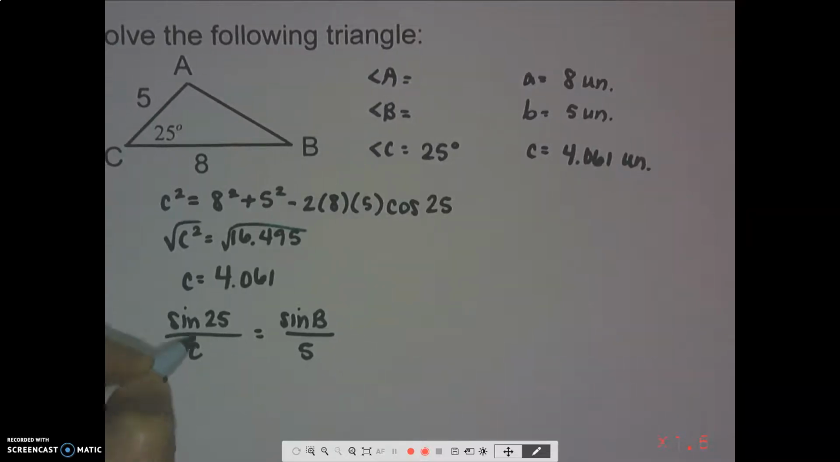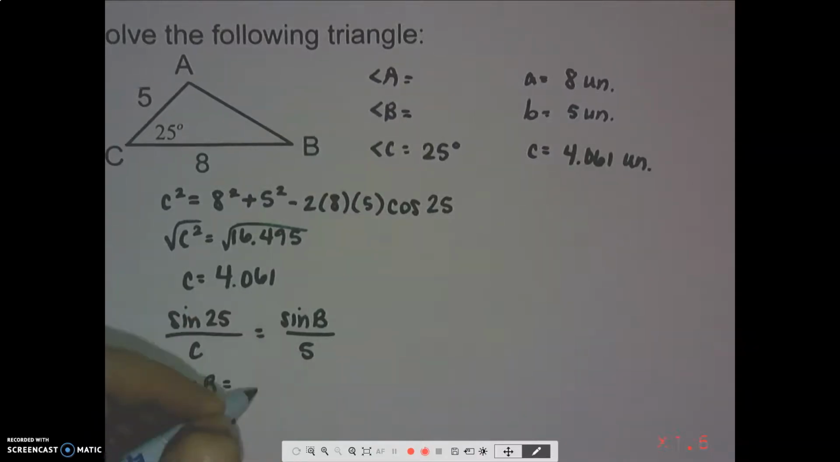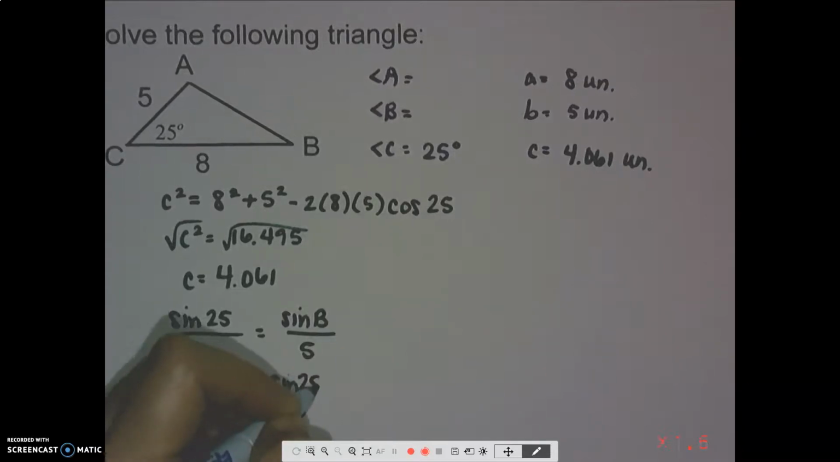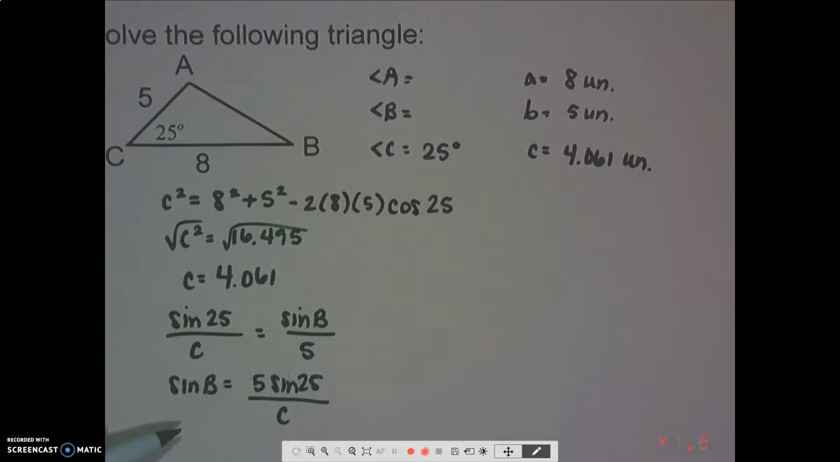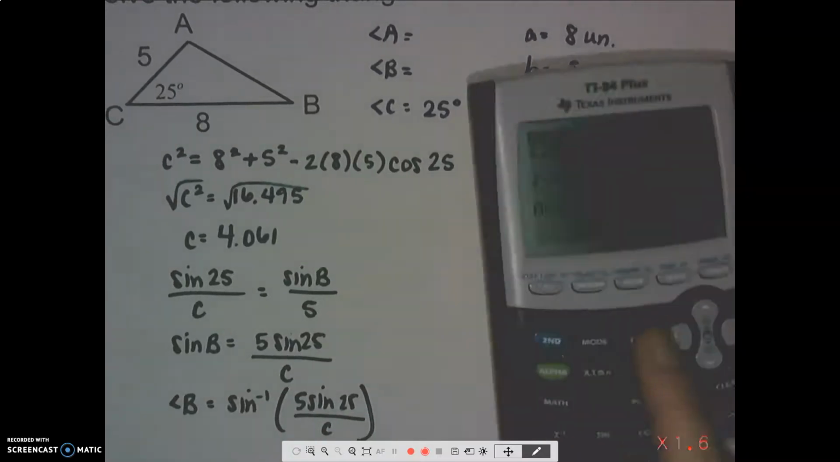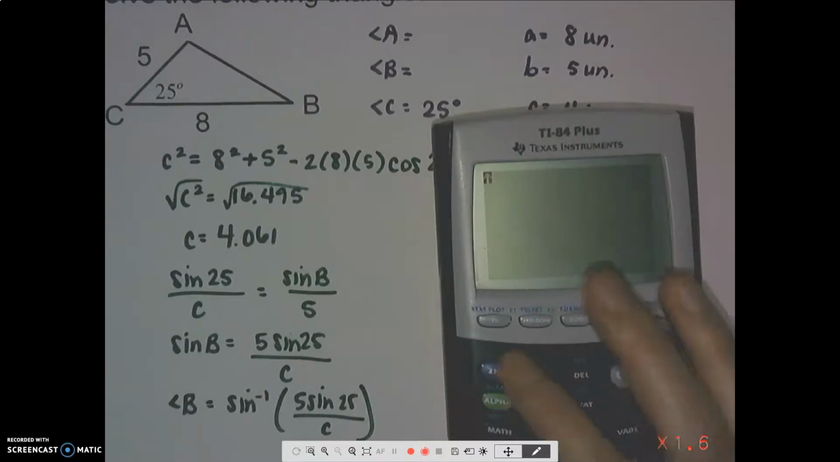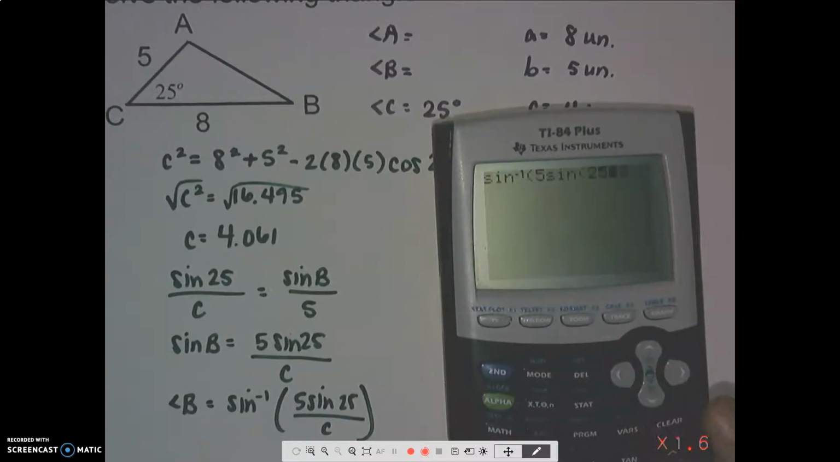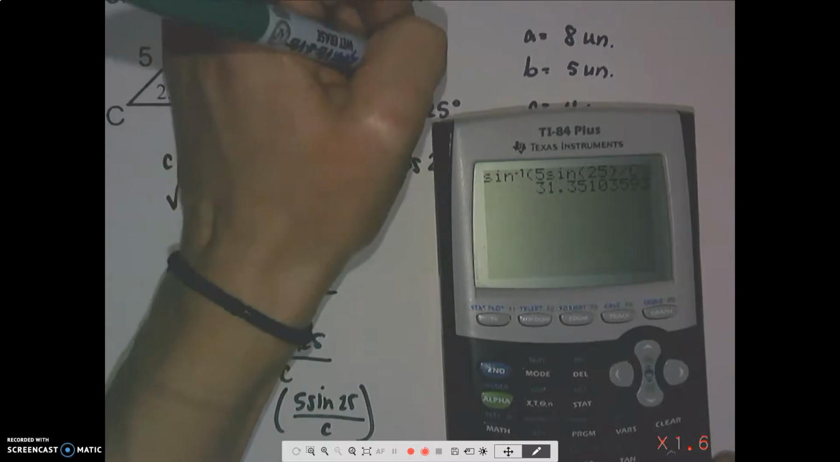All right, so we're trying to find angle B. So we know that the sine of angle B would equal 5 sine of 25 over C. And again, that C is that stored value of C that we have. Now, to get the angle here, that means that angle B is going to be sine inverse of all of this stuff. So we are going to take sine inverse of 5 sine 25, and divide it by C, which I'm grabbing from my calculator, and that's going to give us that angle B is